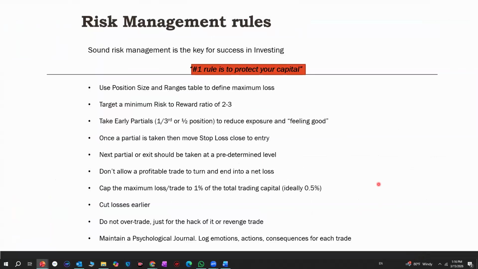Now, these are for day trading purposes, and they are equally applicable to the long term as well. These are the risk management rules. Number one rule is to protect your capital. If you have money to trade, money to invest, then you will live another day. But if you lose and blow away all your account,